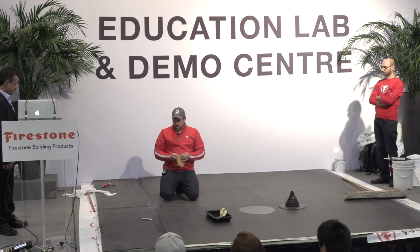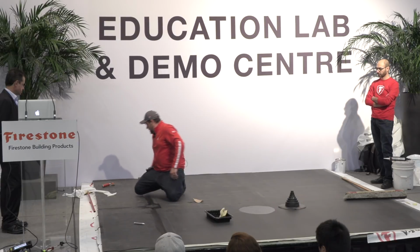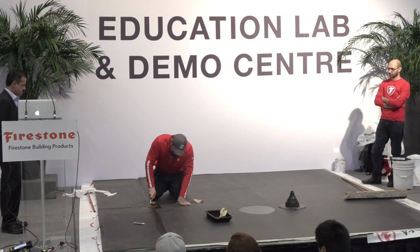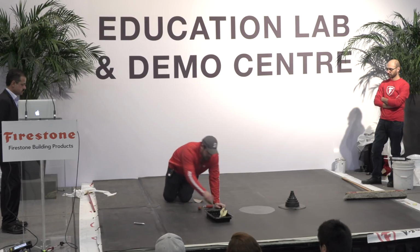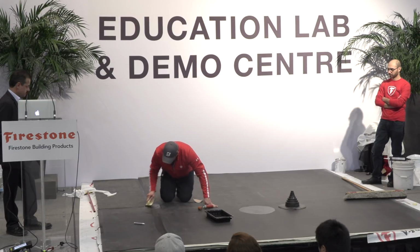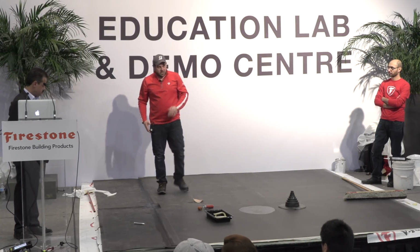Once my primer is flashed off, I can put my T-joint intersecting patch. I'm going to center it right up on the T. Give it a quick roll. It's all pressure sensitive materials. Give that edge just a quick little prime. And while that's flashing off,